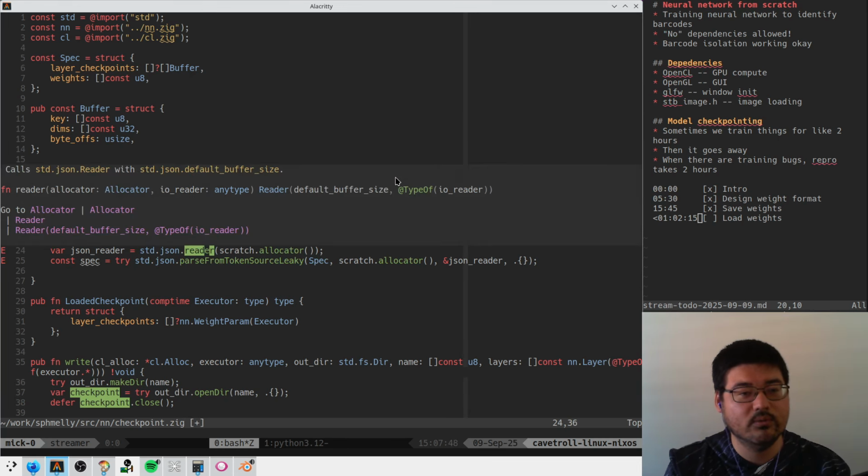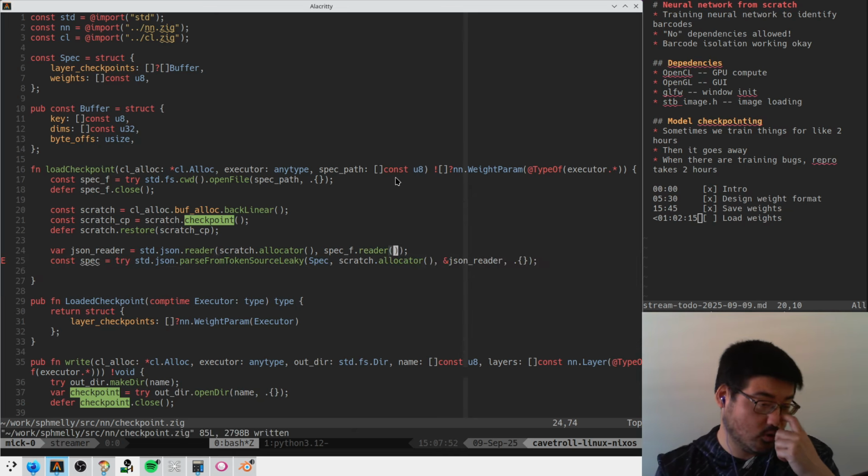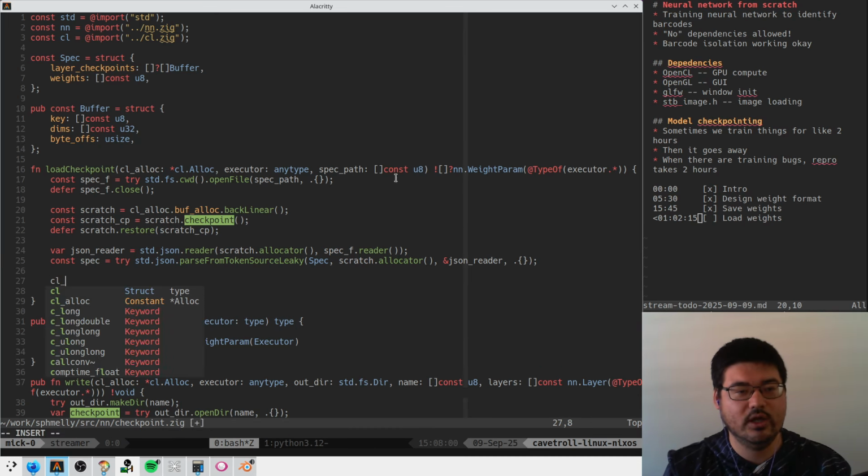And what else does he want? He wants the IO reader, which is the spec F reader. Okay, cool. So we should have a spec here. And I guess we do like,